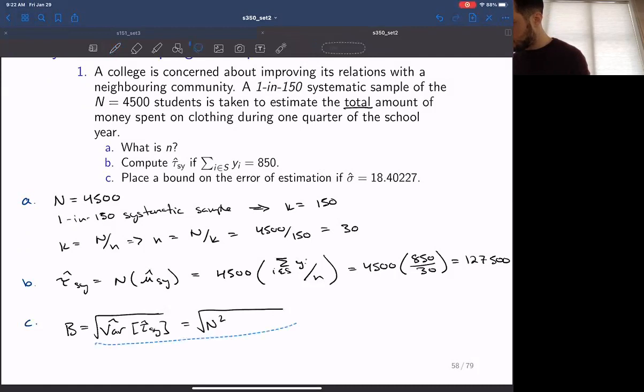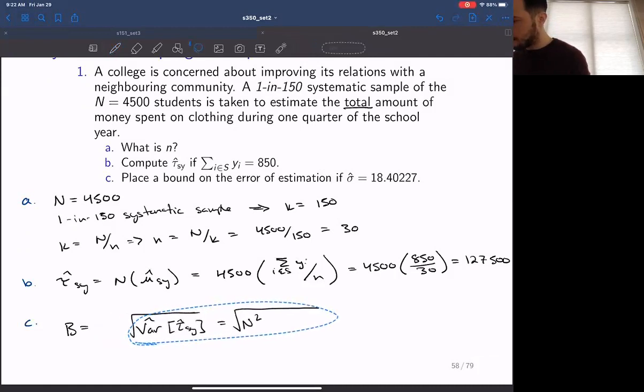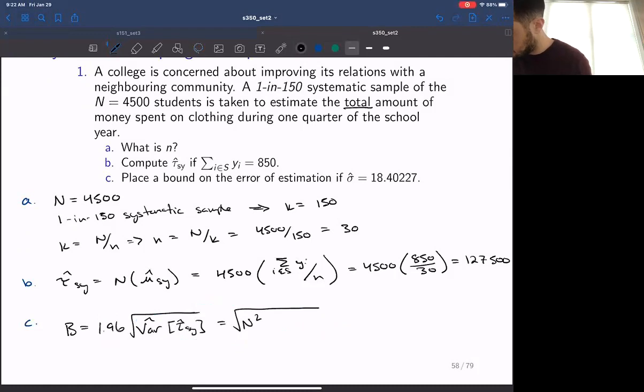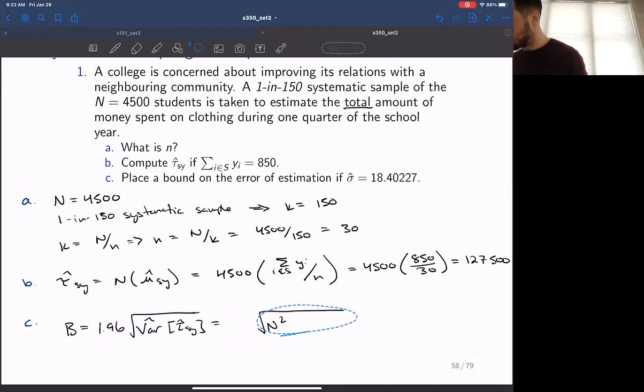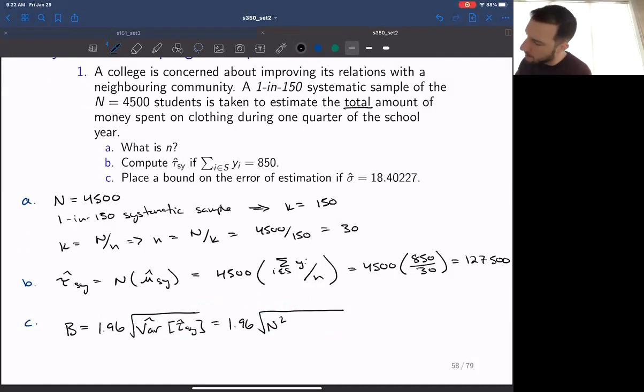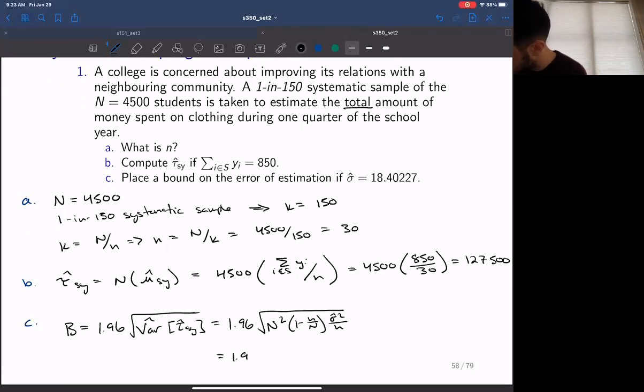Sorry, and I also forgot one thing. So this will be 1.96 multiplied by 4,500 multiplied by the square root of, oh wait,